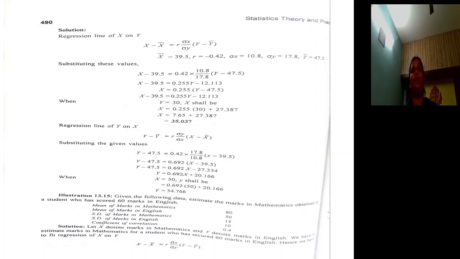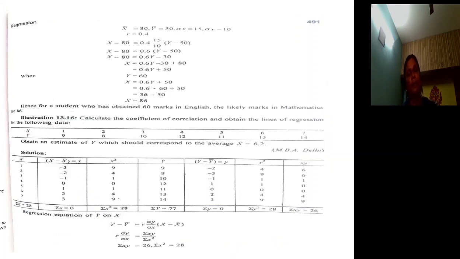So now what is that? We have regression equation x on y. We have to calculate x having known y as 60. So x on y equation we have to write down, x minus x bar is equal to r into standard deviation x divided by standard deviation y into y minus y bar. Put the values given in the problem in this equation. So when we simplify this equation, it will become x minus 80 is equal to 0.6 into y minus 30. When we further simplify, x is equal to 0.6 y plus 50. Having known y is equal to 60, that is marks scored in English is 60, x will become 0.6 into 60 plus 50, the answer is 86.